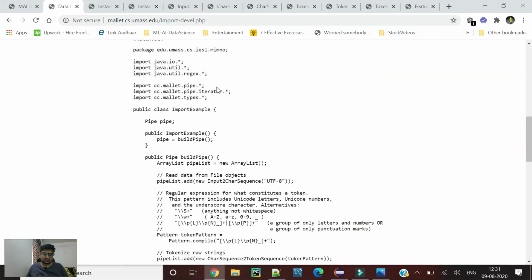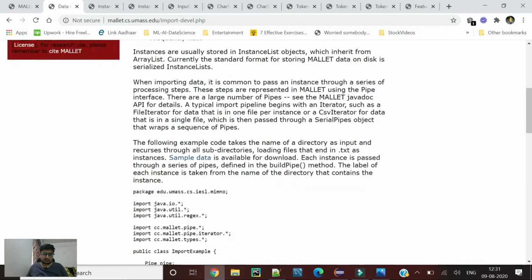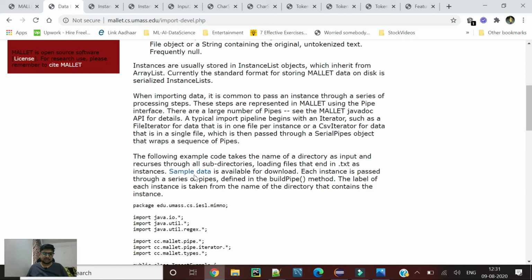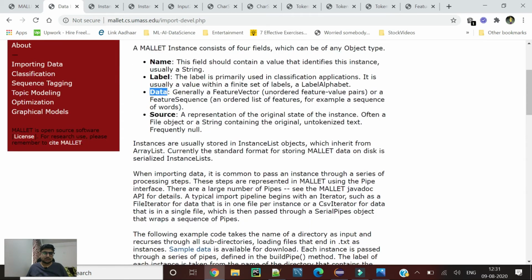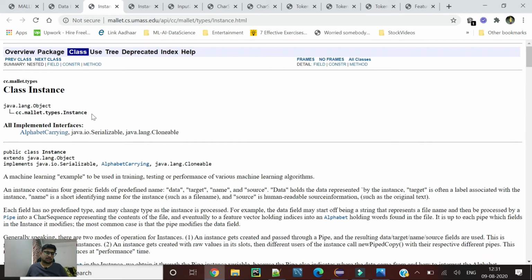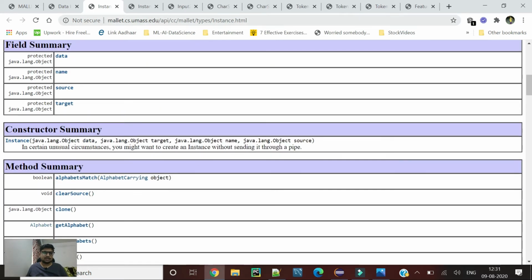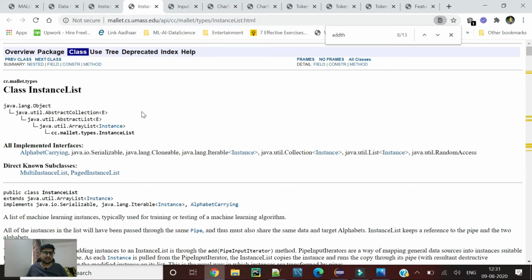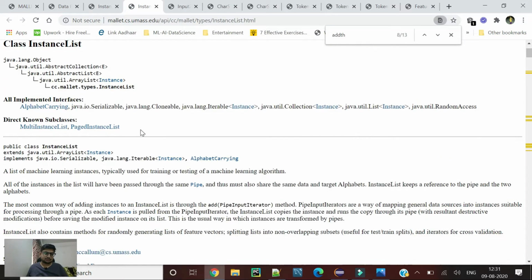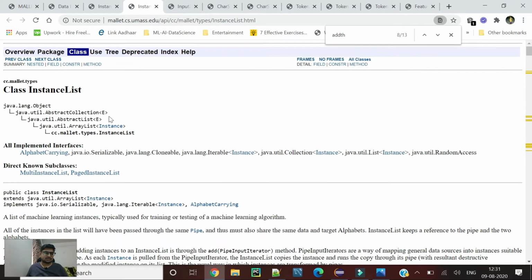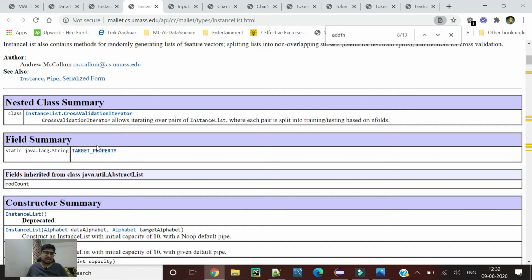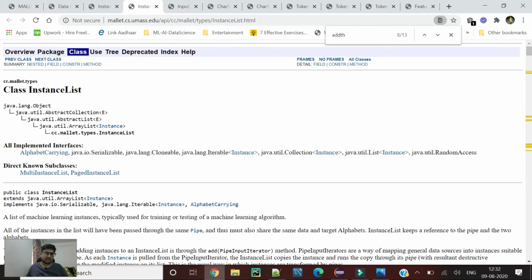So here's the code which we are going to implement. It's Java code, and we will go through each and every point in this code: how the pipeline is created, and how we can convert those strings into the feature vector. As I have discussed, everything in Mallet is an instance, and we need to create the instance list for that, because there are n number of data points or texts we need to use for classification. So it will create a list of instances. It's already given as an instance list here.